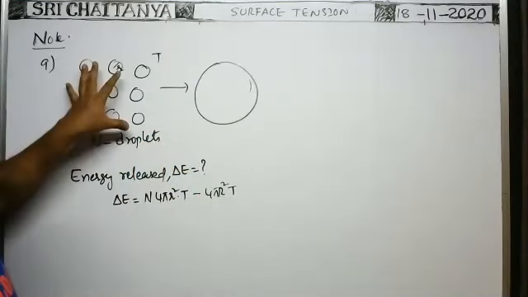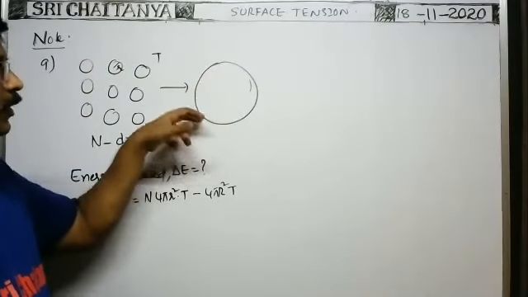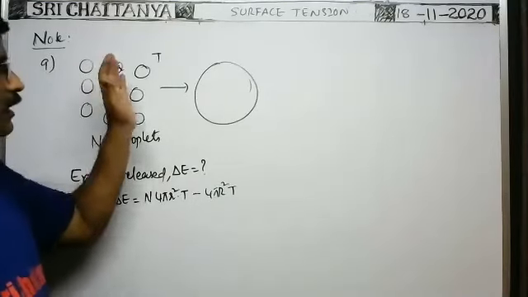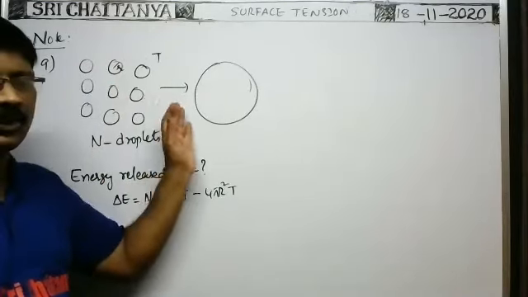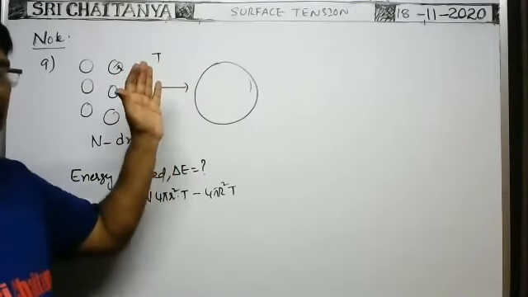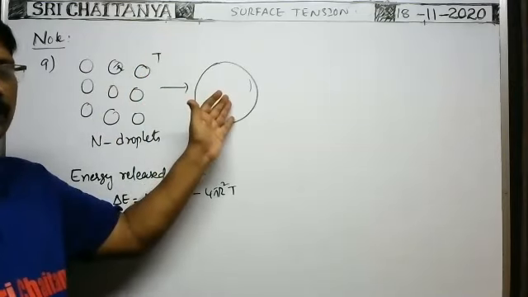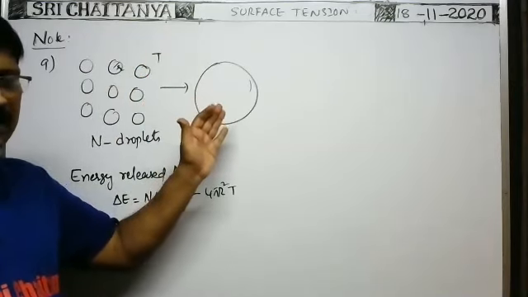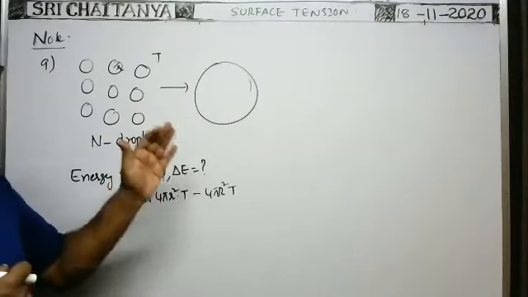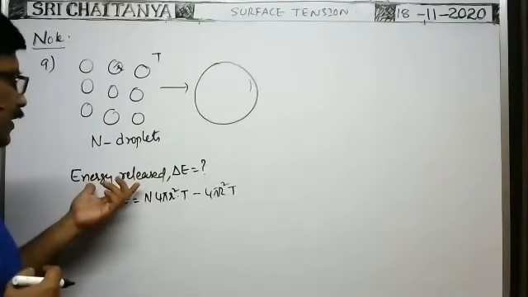That's why the temperature of the liquid drop falls. Here, when n identical droplets merge together to form the big drop, the total surface area of the big drop is less than the total surface area of the n droplets. That's why surface area decreases when n identical drops merge together to form the big drop. That's why total energy or surface energy decreases. So when identical droplets merge together to form the big drop, as the surface energy decreases, total energy decreases. That means lost. So what is the energy lost? Whatever the energy lost, that is the energy released.